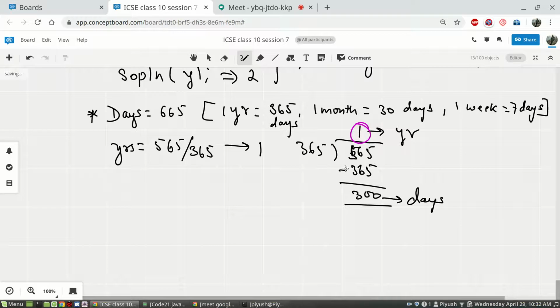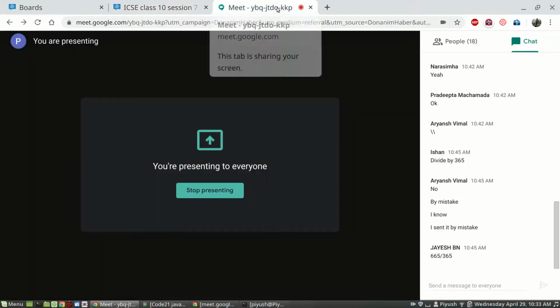So this will become 200. Let's say 200 days are left. So how many months are there if you convert the leftover 200 days? Each month is supposed to have 30 days. So what will we do to find the months?